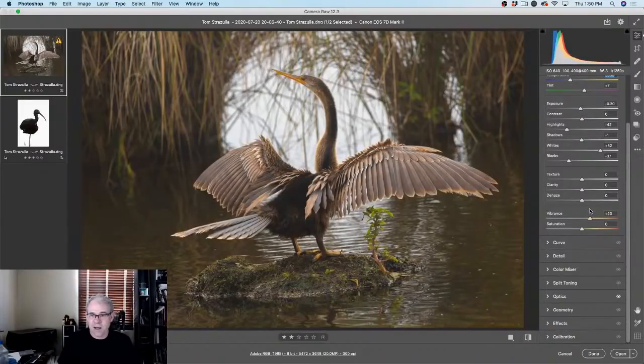Not all the way like that, but just a little bit, just to kind of bring out some of these colors a little more. And I feel like that's looking good. I'm looking at the feet, I'm looking at the plant, I'm looking at the beak, and I feel like that's still quite natural. So if we look at this before and after, we're still preserving that nice beauty